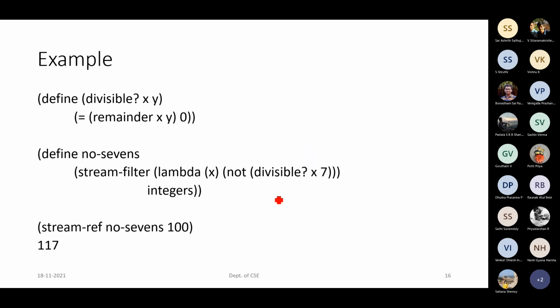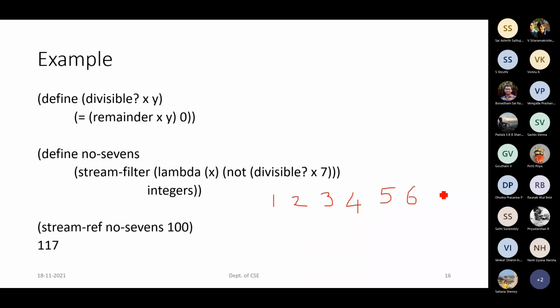The next number is 2. If we apply stream CDR, then the next possible number we can have in no 7s is 2. 2 modulo 7 is not divisible by 7, so 2 will be there. Next 3, which is not divisible by 7. Next 4, next 5, next 6.